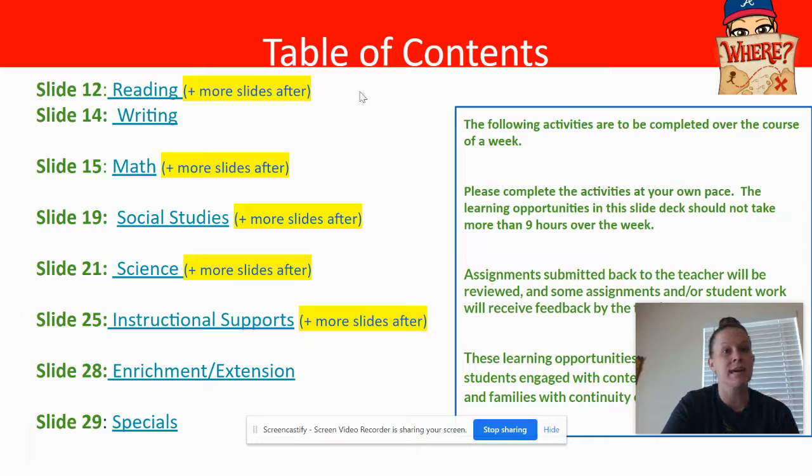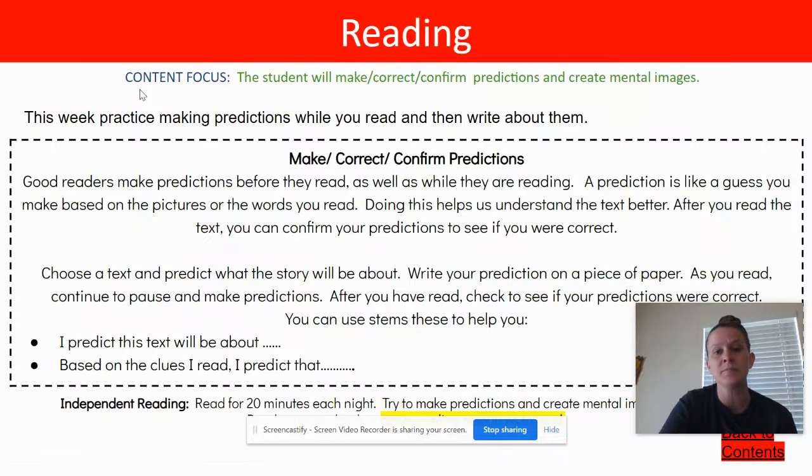Okay, so let's say today you are doing your reading. If you go to the table of contents just like I am, it tells you that there is more than one slide this week. So you're probably going to use that arrow in a little bit to go over, if you're like me on present mode. But since I'm on the table of contents, I'm going to click on the link to go to reading. Okay, and again, like it said, there's more than one.